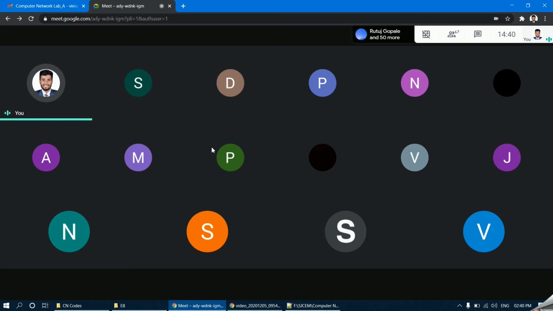I have more codes also which can be run in TCL. They are a little lengthy, so I decided to take a smaller code. You have code for Aloha, slotted Aloha, pure Aloha, CSMA. Sliding window also we have. But because of time constraints, I was not able to take those.